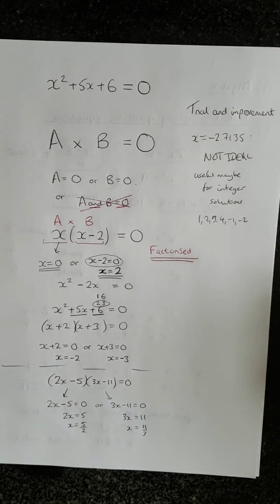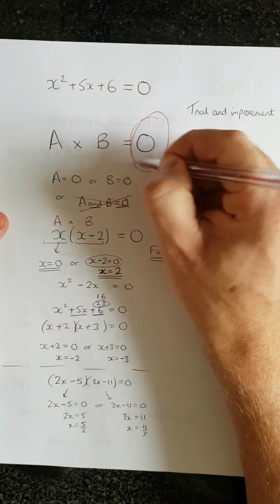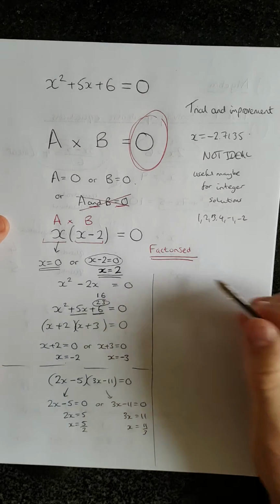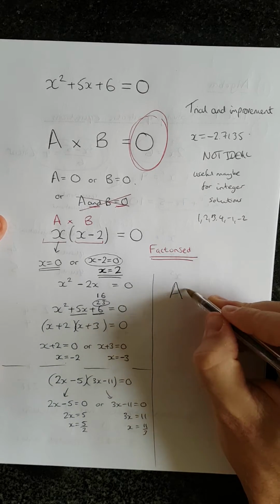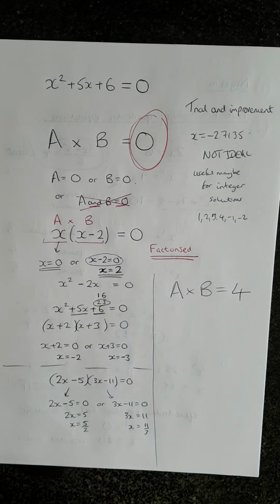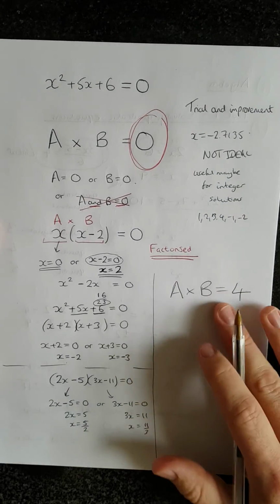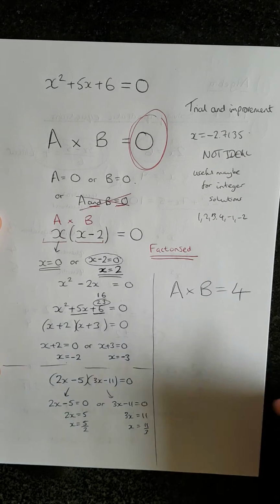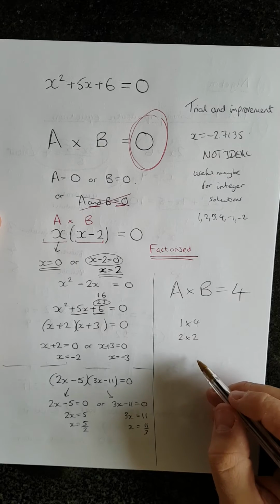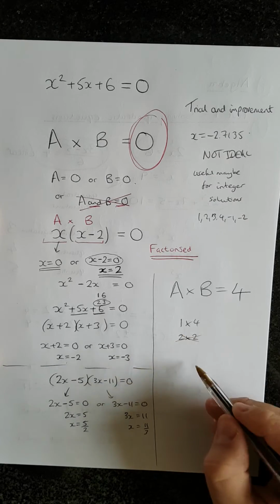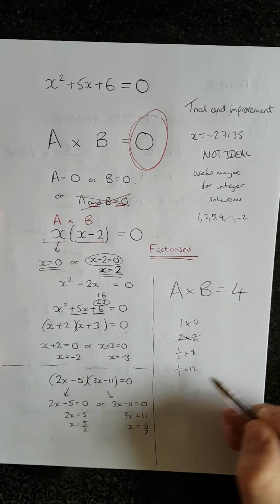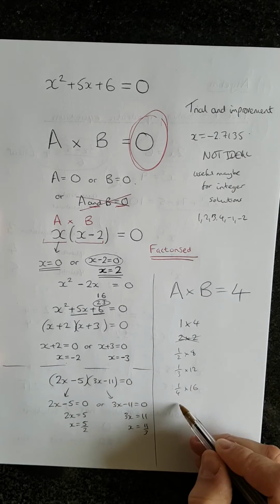Now, I'm going to highlight this 0 and say it's really important. And here's why. Let's do pairs of numbers multiplied at times to make something else. Let's say 4. That's 1 times 4 and 2 times 2 come to mind. It can't be that, but it can be a half times 8, a third times 12, a quarter times 16,